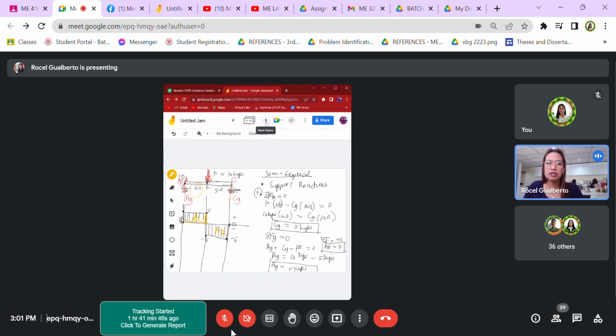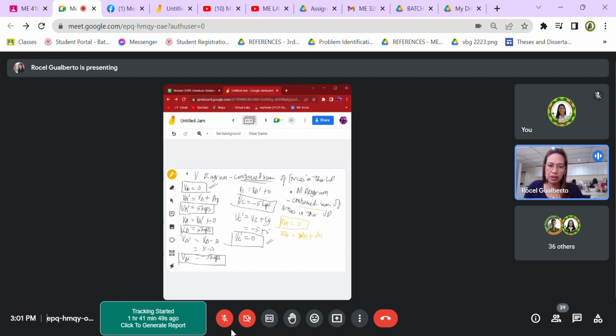So we substitute there. The moment at A is 0. So this is 5 inches and then 5 kips, giving us moment at B equal to 25 kip inch. Force goes first in the unit. And then moment at C would be moment at B, plus the area in between